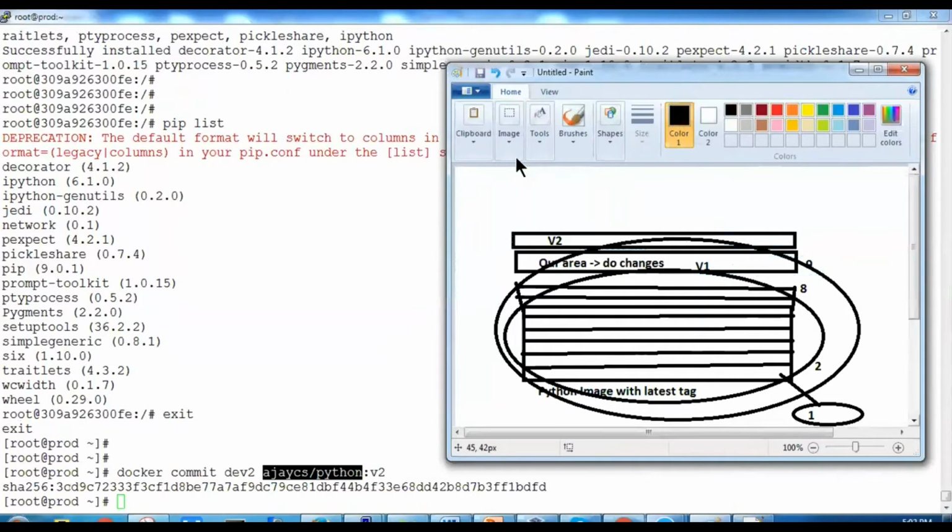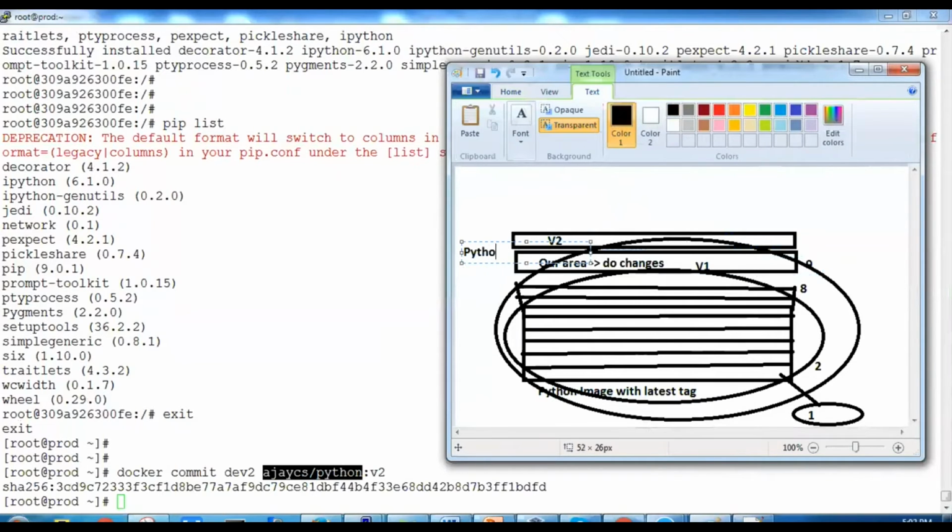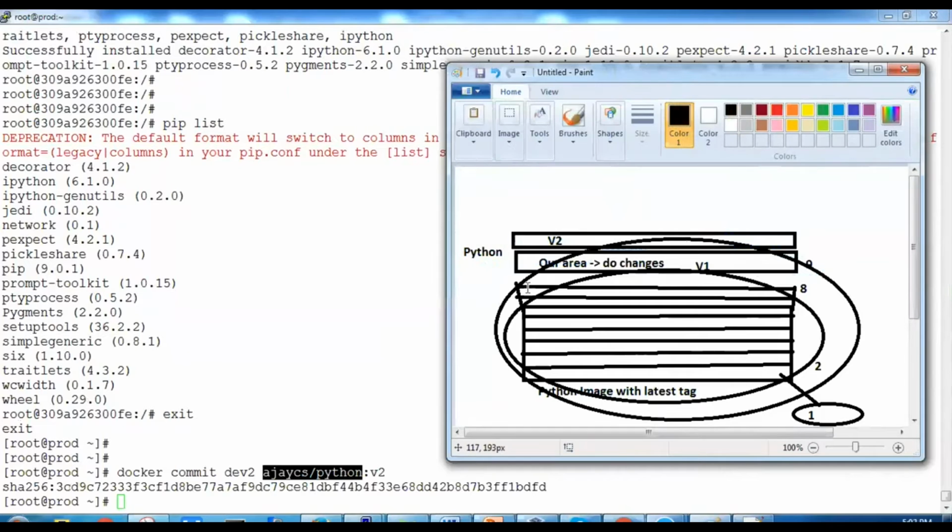So for the Python image, the Python image is residing here, but on the Python image you have two versions. One is v2, another is v1, and the Python image is residing here. All right. So how will it look?